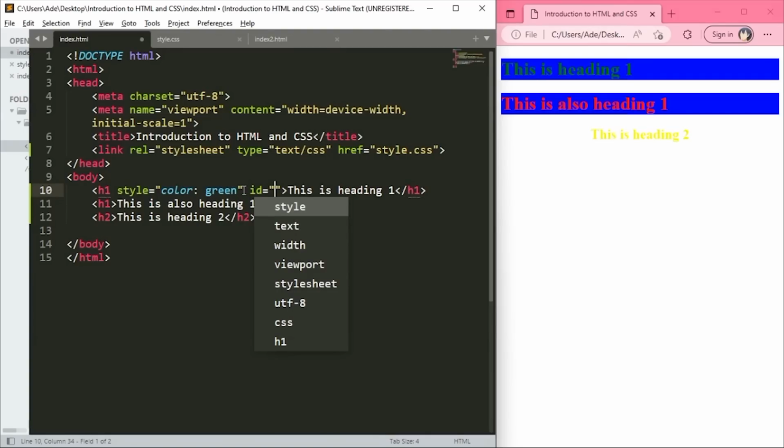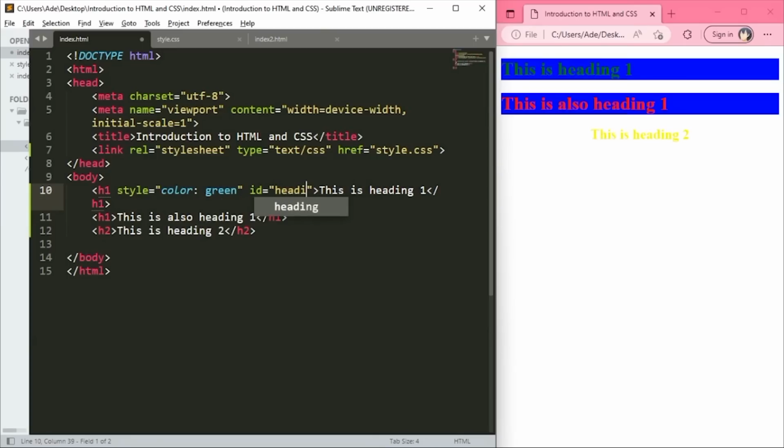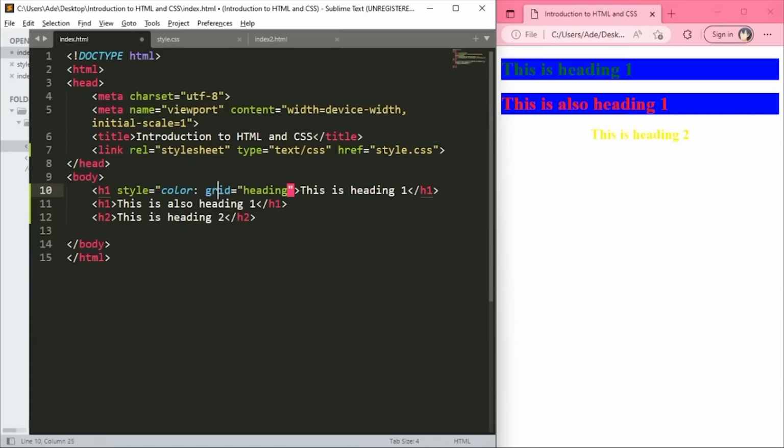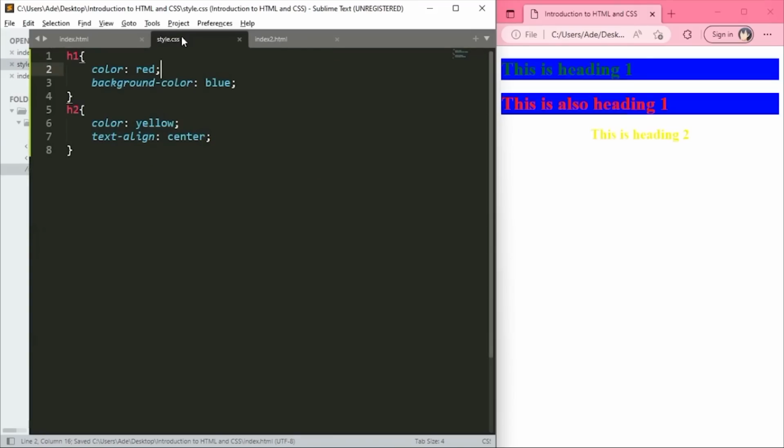So in this ID, I'm going to give it something like heading. So I give it an ID of heading. I'm going to remove the internal or inline CSS I gave it earlier. So now my H1 has an ID of heading. When I go back into my CSS and I want to style that H1, I just put a hash. When you give something an ID, to call it in your CSS, you have to use this hash character. So hash heading,